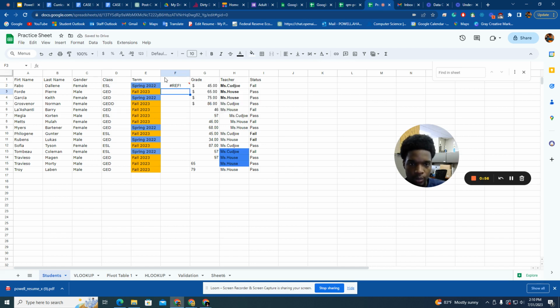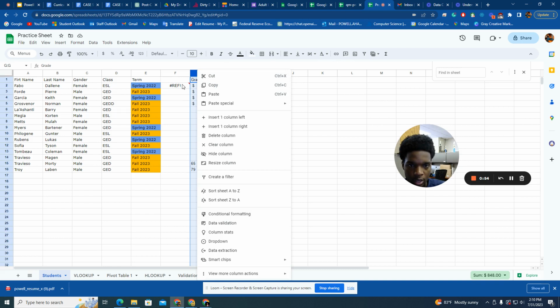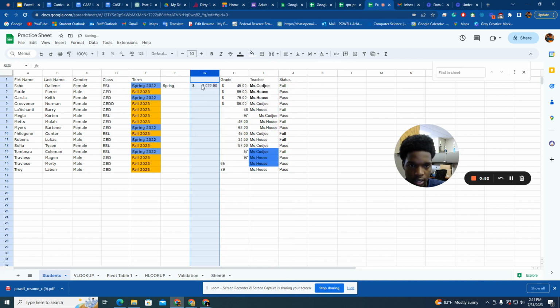And so the error we forgot to do was create another cell because it needs 2 columns right there. So it needs 2 columns to create that. One is spring and one says 2022. So it actually says dollar right here, but it shouldn't say that. It should say 2022, and that's because our data format, that's the data type, is in dollar instead of